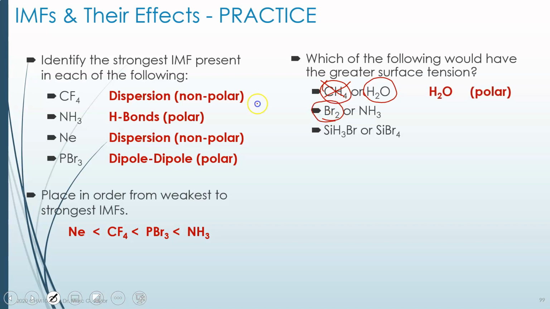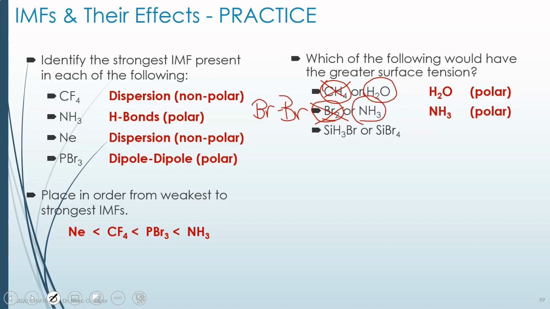Bromine is also symmetrical. It's totally symmetrical. It's just bromine attached to bromine, so therefore it's nonpolar. Symmetrical is nonpolar. Asymmetrical is polar. It gets very confusing. The opposites match each other. So that one can't be it because this one also has hydrogen bonds, so that's going to be much better,